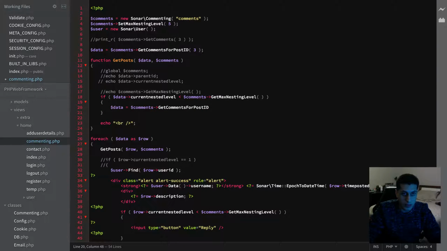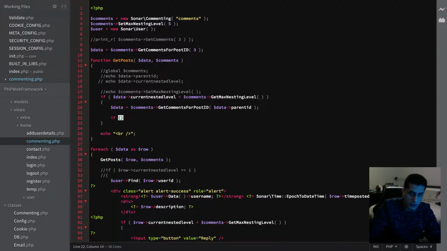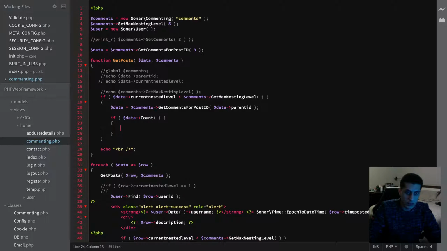The post ID is going to be $data parent ID, if $comments count. If the comments count,